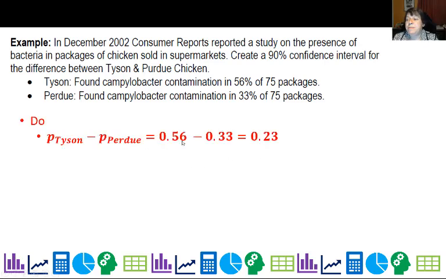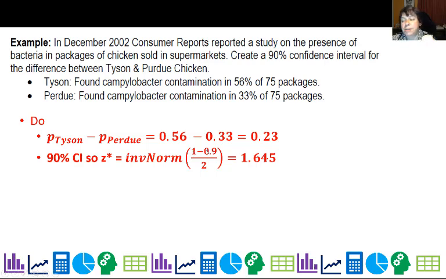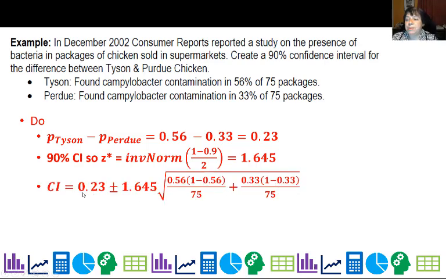So we have P Tyson minus P Purdue, the proportion for Purdue: 0.56 minus 0.33 is 0.23. I'm doing a 90% confidence interval, so the critical value is 1.645, and I found it by doing 1 minus 0.90 to find the outside pieces, and then dividing it by 2 so I can just find that left side piece, all right? And my confidence interval is my point estimate plus or minus my critical value times my standard